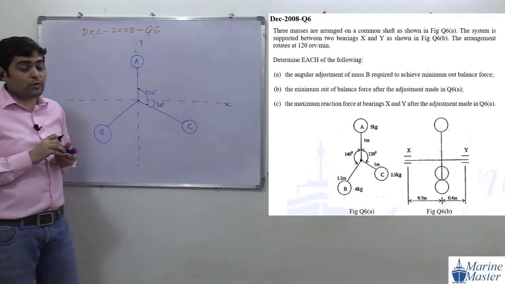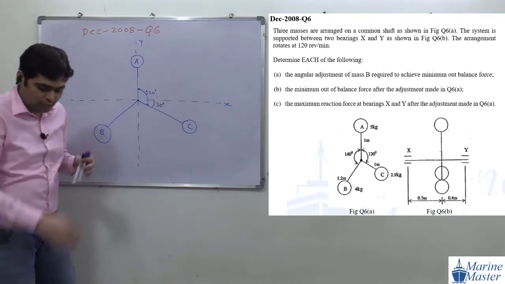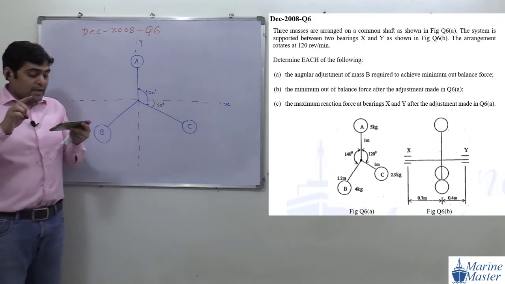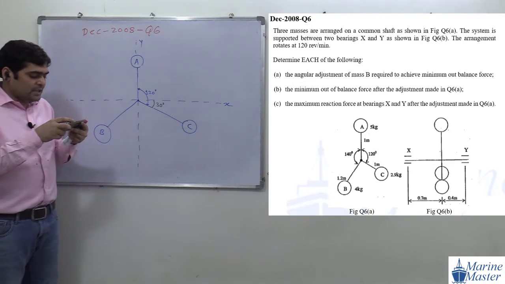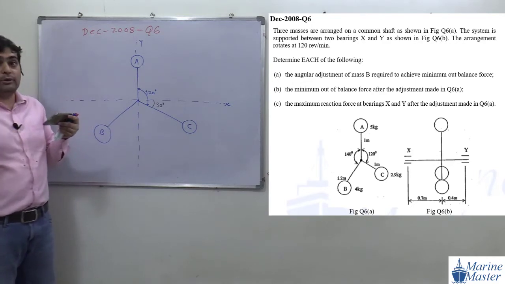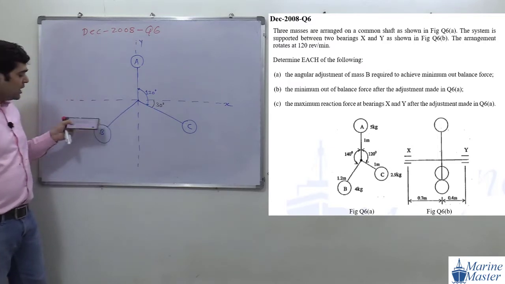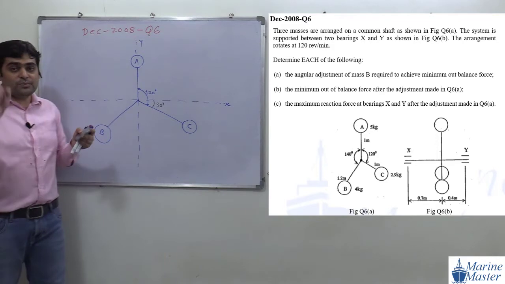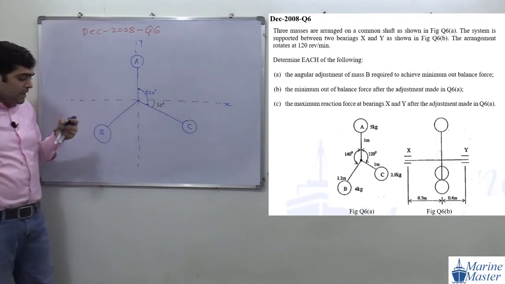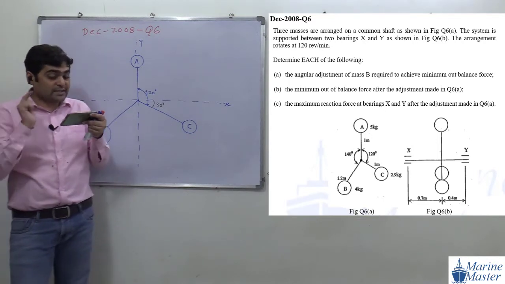This question is quite interesting. It is a combination of all the questions that we have studied till now. Now see the question. The earlier position of mass B is 140 degrees with respect to A in the counterclockwise direction. Now what are they asking us in the A part? See the A part carefully.